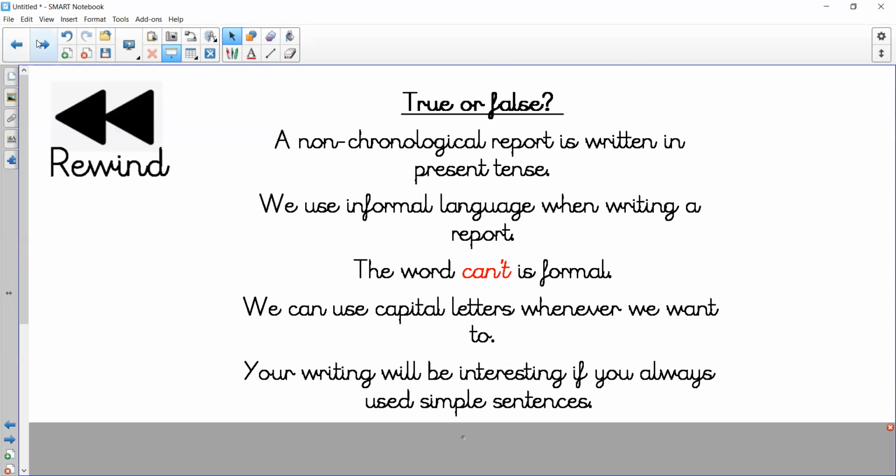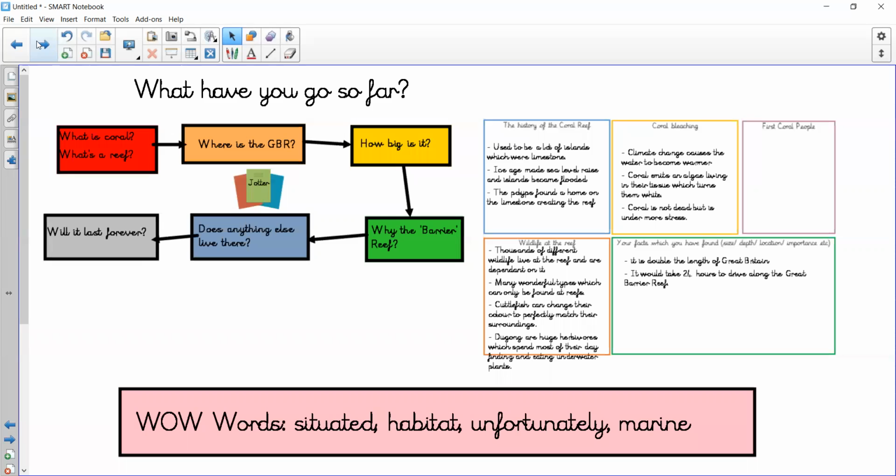Right. This is where you are. So what we'll do, we'll have a little revisit of where we are at the moment, and then we'll look at a quick model, and then it's over to you guys. So yesterday you've got your thing inside your purple books that looked something similar to this. These sorts of questions that get you thinking, that you looked at on Monday and then you managed to answer them again yesterday, and then hopefully you've engaged with the David Attenborough website, and you've then piled your jotter with